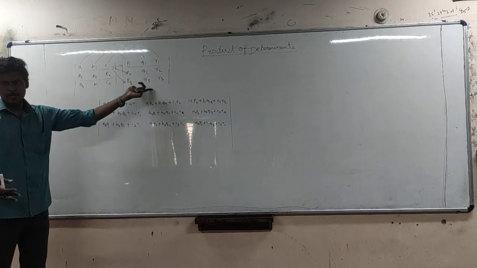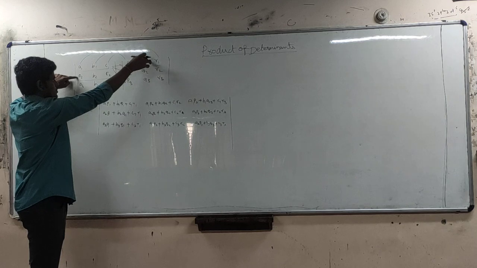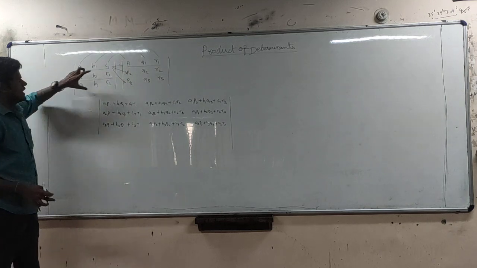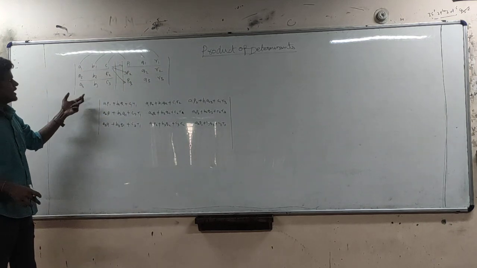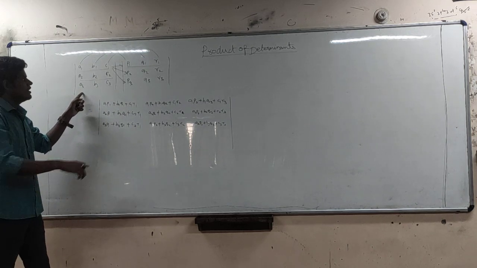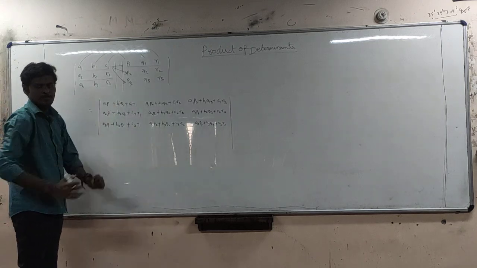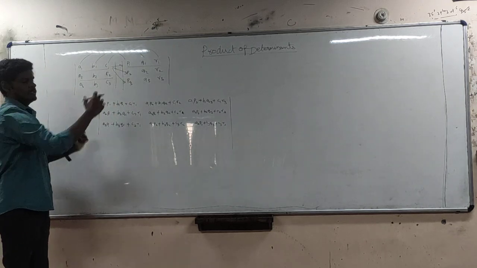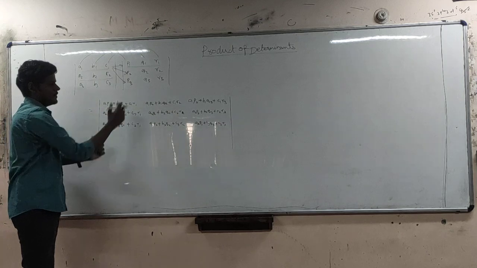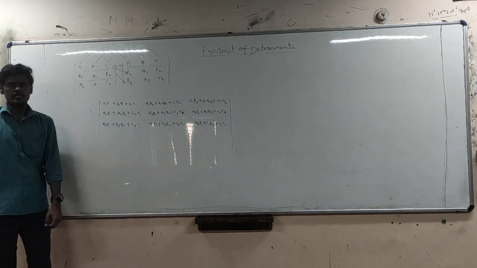Similarly, if I take the transpose of this and then multiply row by row, that means here A1, P1, A2, Q1. So what will happen? Here this is a column. We are multiplying column with row. Or similarly take the transpose of both and then multiply. Then that is column by column. The value of the determinant will not change.